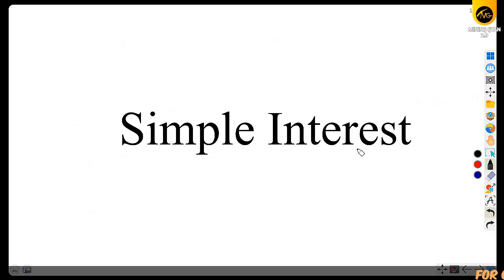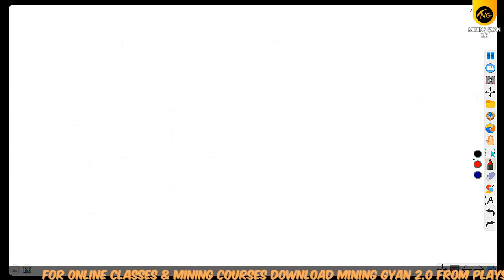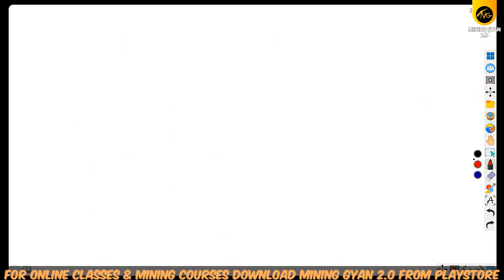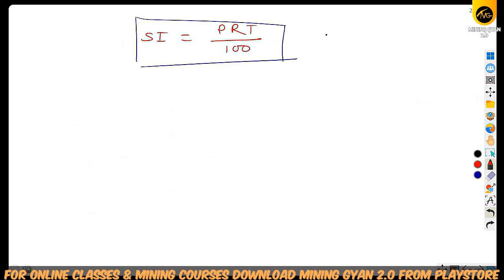Our new topic is simple interest. So in this class, we will discuss questions related to simple interest. First of all, before starting to solve the questions, we will discuss the basic formulas used to solve simple interest questions. So simple interest, SI, is equal to PRT divided by 100, where P represents the principal